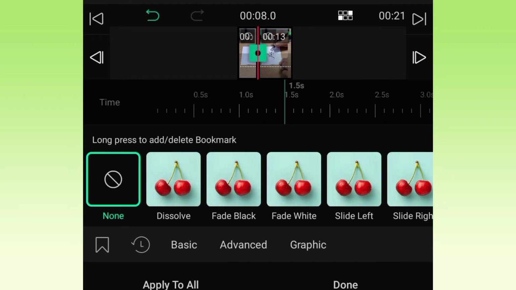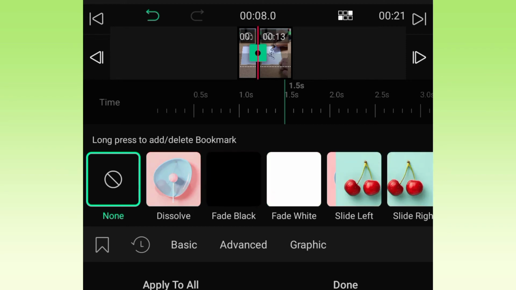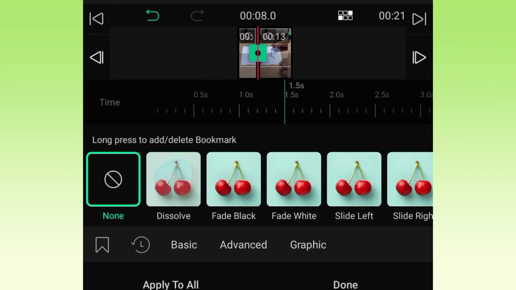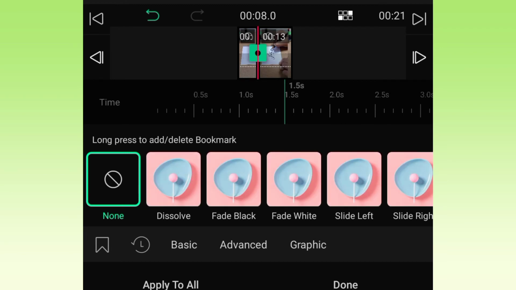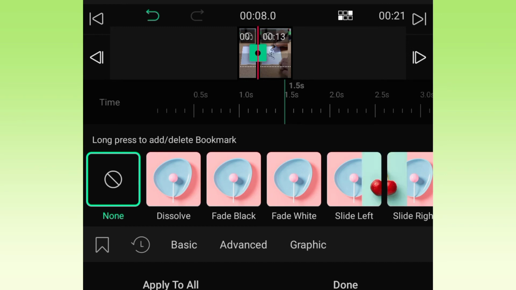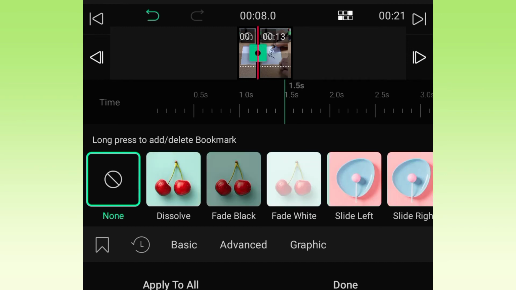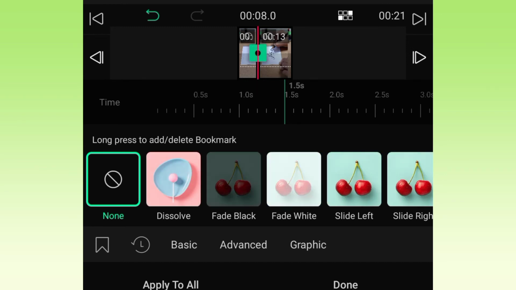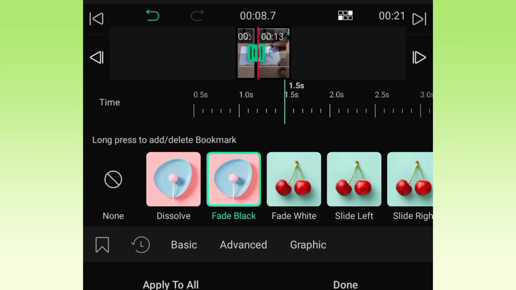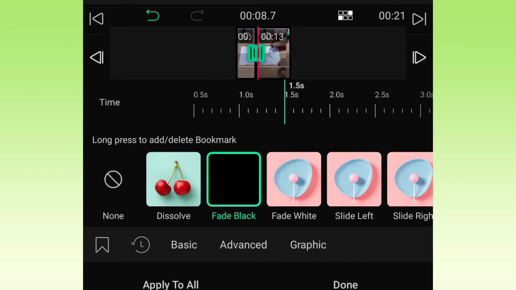See, this option is there. When you split your video, then you can also choose a transition between the clips, small clips of your video. If you click on this small square button, the green one, then you can choose fade black, how you want the video to transition to the next clip.